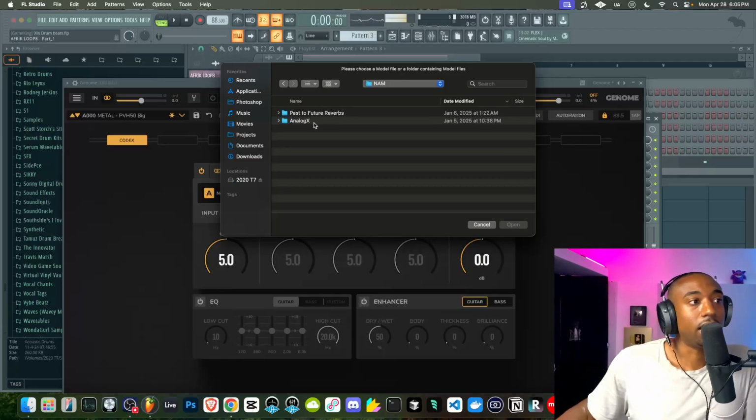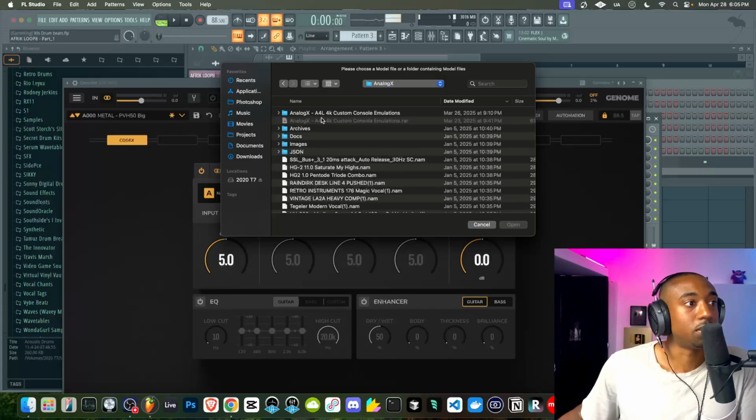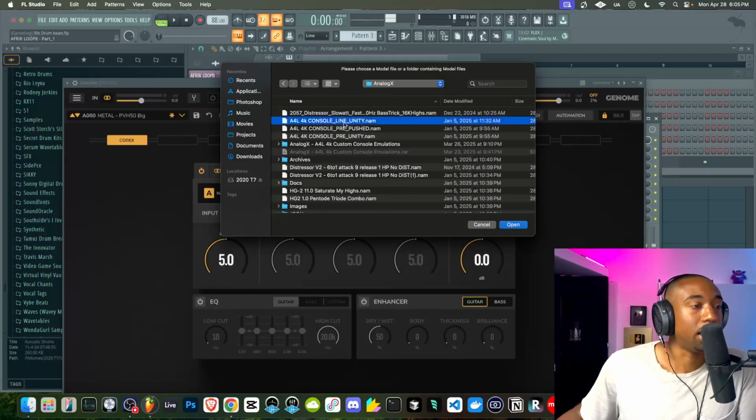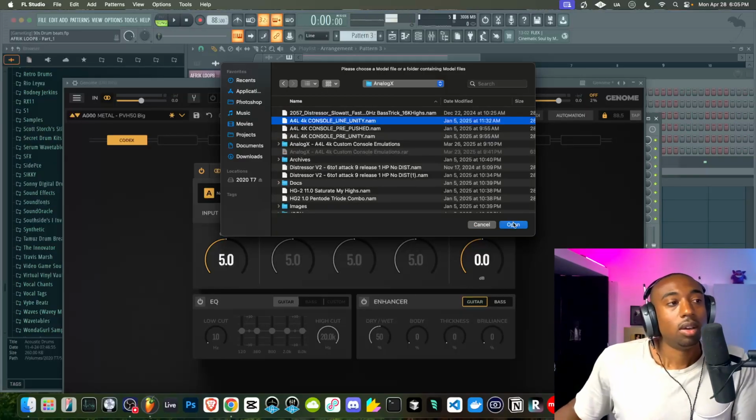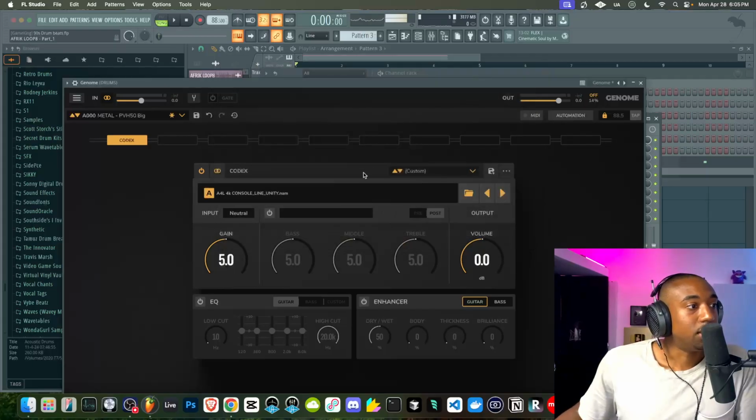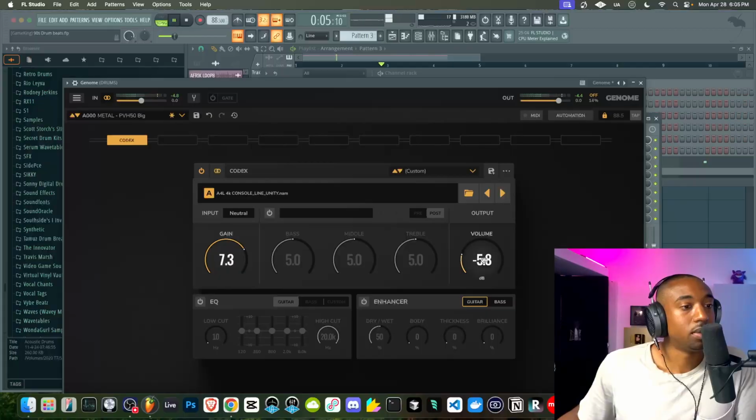Two companies I like are Analog X and Past the Future Reverbs. We're going to go to Analog X, load up the Analog for Life kit called the 4K console, which I believe is the SSL. Basically you want to push the gain volume in, turn down the output to get the texture of a real SSL console over your drums. And this is part of the sound.